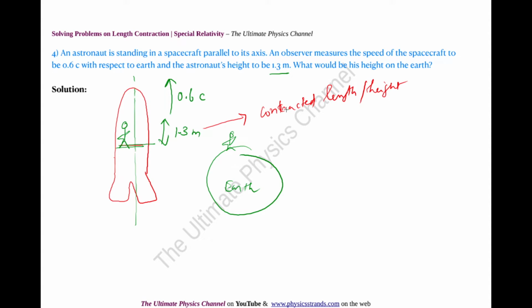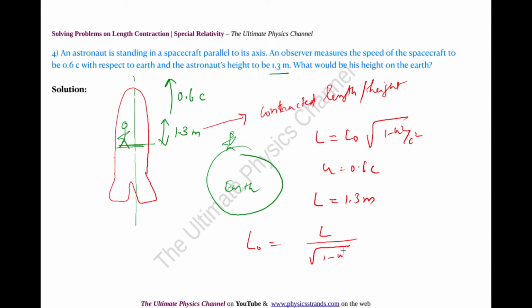And therefore, the actual length is L = L0 times square root of (1 minus u squared over c squared) is our expression. u is 0.6 c. Here L is given as 1.3 meters. We need to find out L0. So L0 is equal to L over the square root of (1 minus u squared over c squared), and that is 1.3 over the square root of (1 minus (0.6 c) squared over c squared), the c cancels, you have 0.36 as the square of 0.6,